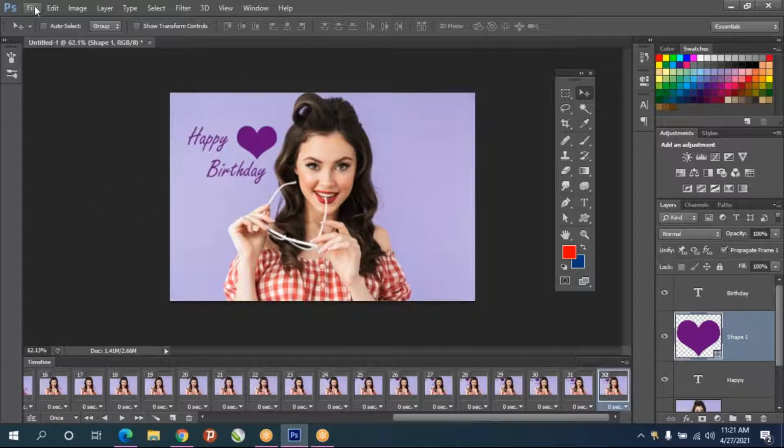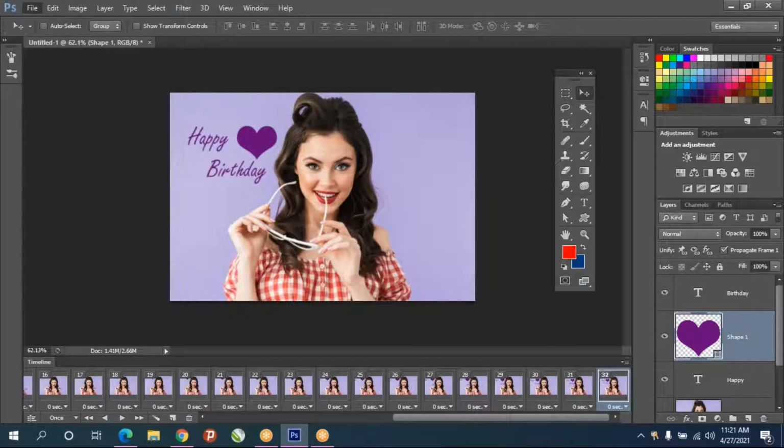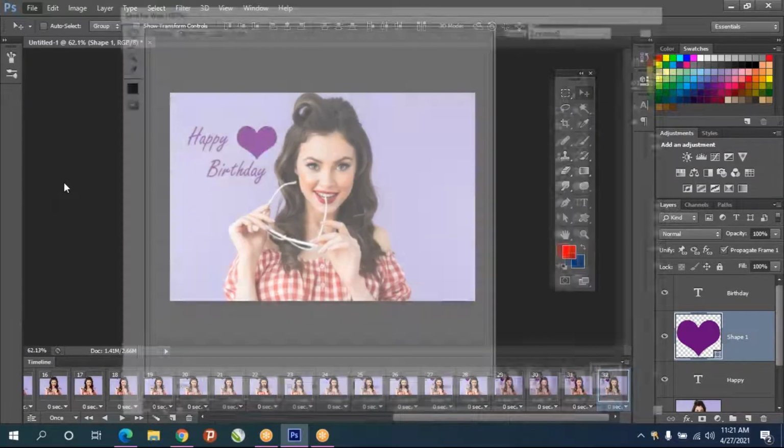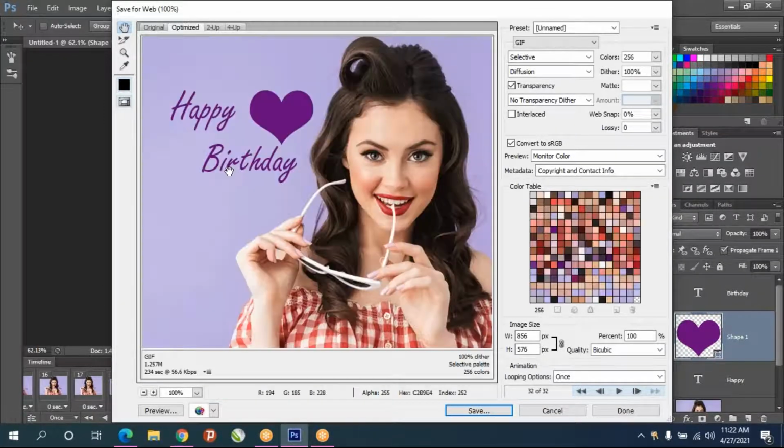And after that, go to file menu and give not save or save as, you have to give save for web. Save for web, you have to click. And once it's done, the preset name you can give anything, and choose format as GIF.